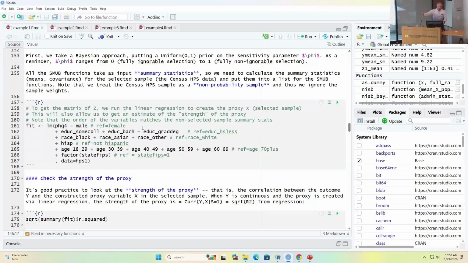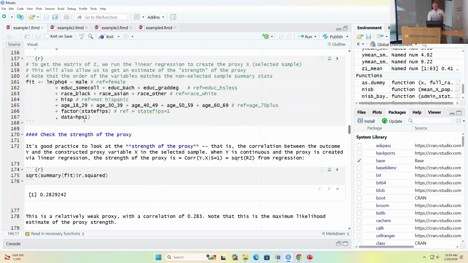So if you form an interaction term, you also have to create that interaction term for your population source and look at its mean and its variances and covariances with the other Z. So there's a reason that we're being relatively simple with the model specification here. But in theory, you could extend the modeling to many different types of approaches. Okay, so we fit that linear model, and that's what allows us to get the proxy variable, which